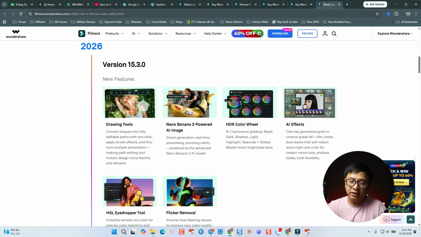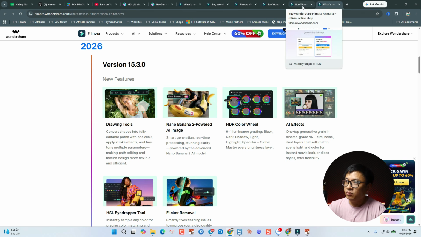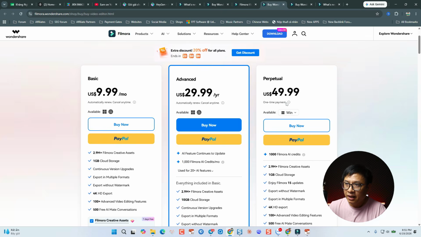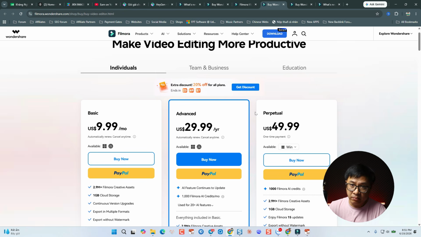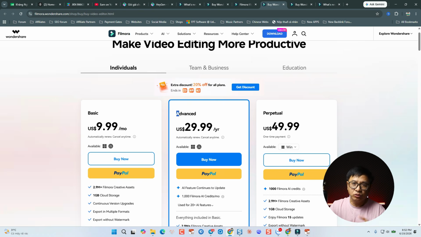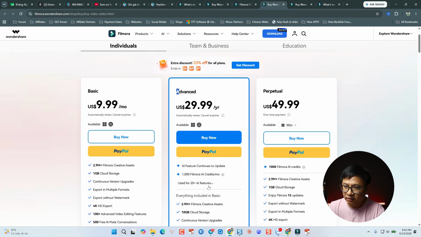Remember to double check at this website what's new in Filmora. And another thing I want to mention is that if you want to purchase Filmora, I don't know about your country, but here in Vietnam, the price is a little bit different in comparison with your country. For example, here it is only $10 per month for the basic and $30 per year for the advanced. So advanced meaning that you can use all the features of Filmora, plus 1,000 Filmora AI credits, and they